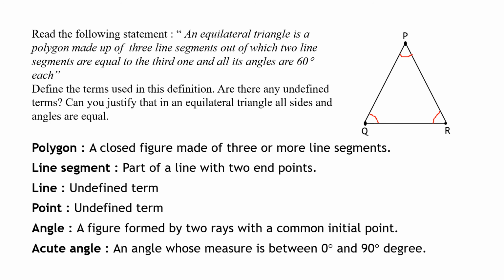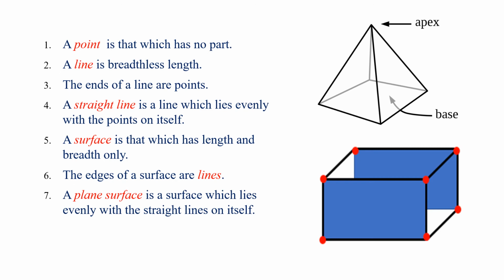So this is a mathematical vocabulary again. It is based on the undefined terms of Euclid. Okay. So now I take you back to the thing we did before in the second lecture. Again, these are the point, line, the ends of a line, straight line, surface, edges and plane surface. Remember this? These were undefined terms, but now based on these undefined terms, we are defining newer terms.